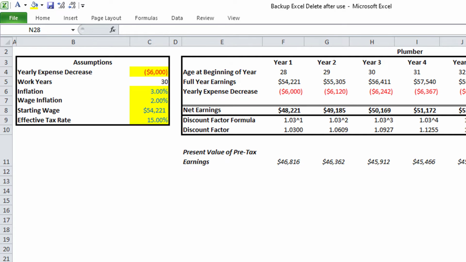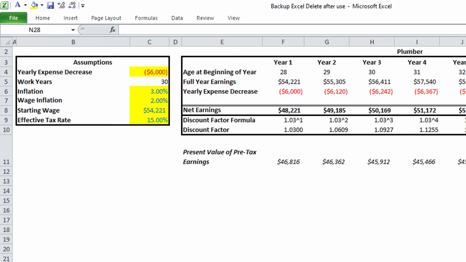And that gives us a net earnings in year 2 of $49,185. Next, we calculate the discount rate, which is 1.03 to the second power, and it's to the second power now because we're 2 years away from the present. And that gives us a discount rate of 1.0609. And then lastly, we divide the net earnings by the discount rate, and that gives us a present value of year 2 earnings of